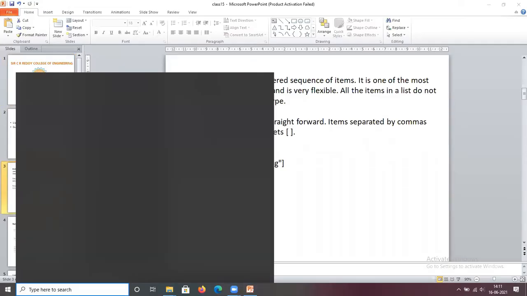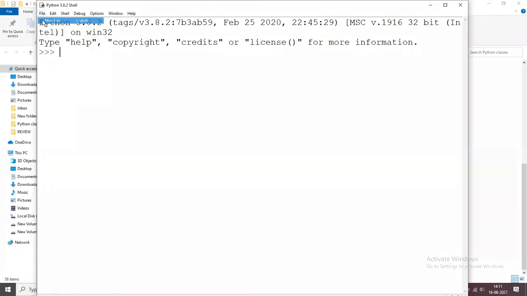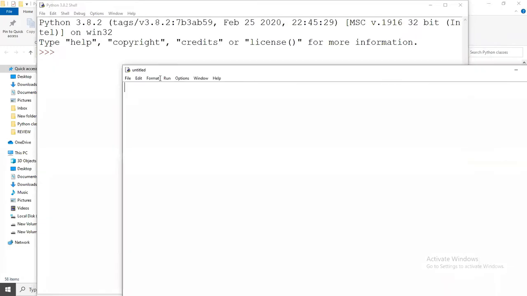Now we see practically. How can we declare a list? The variable name, for example here, is L. So L equals square brackets. If I give square brackets, now L is a list.